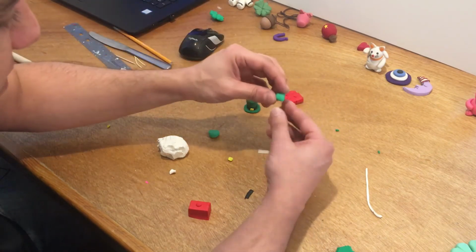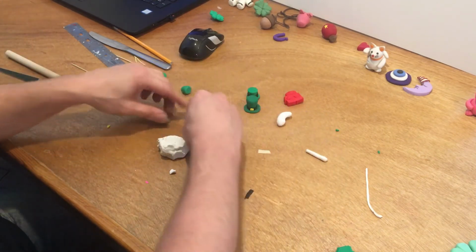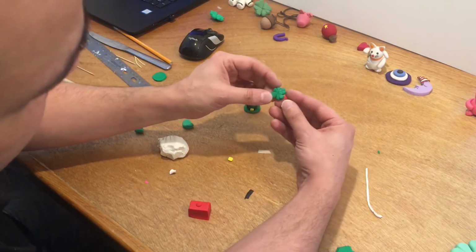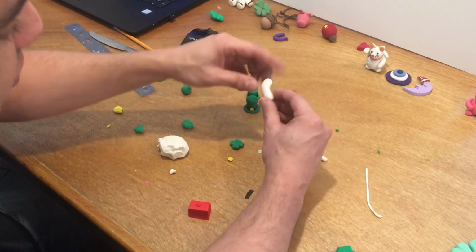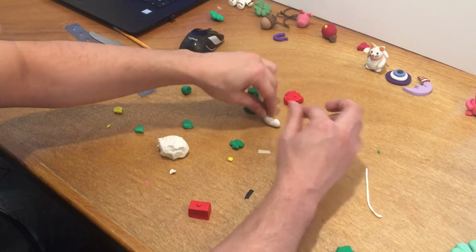If I make 4 of these, and then if I place them together and squish them together, well, then I can have a shamrock, just like that. On the back side, I took a little extra clay and I blended it together, so that way it stays in. So if I were to create my little pig, if I had my arm here,